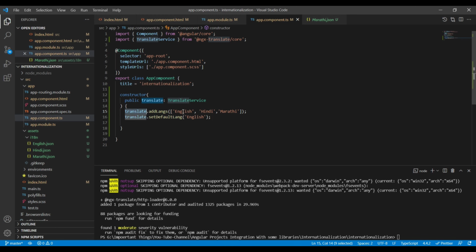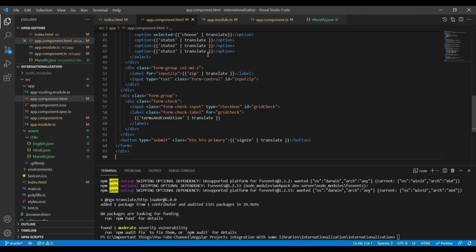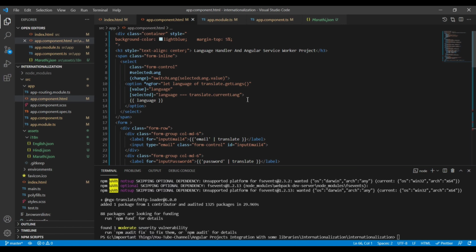Now I'm adding the languages English, Hindi, Marathi, which I defined in the i18n folder, and setting the default language as English. I already built an HTML page as well. We'll go through it once.